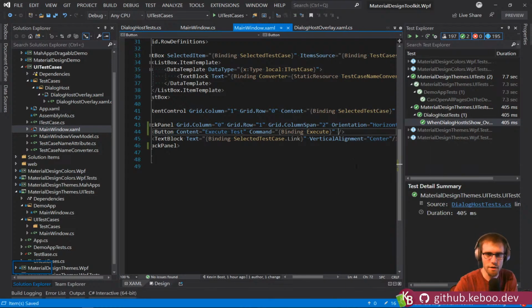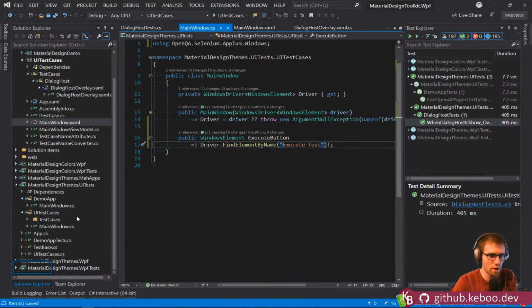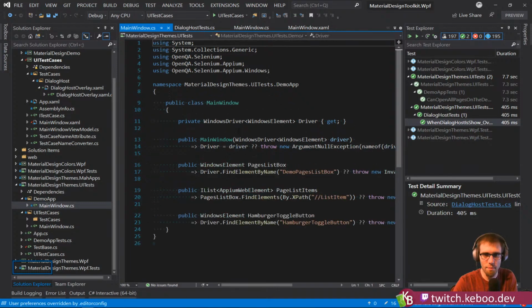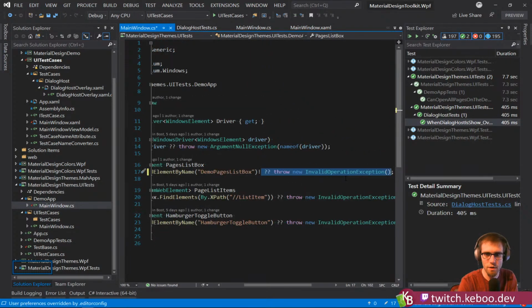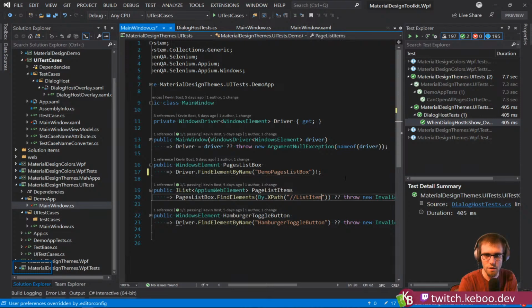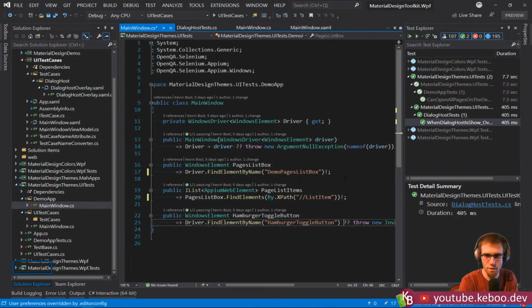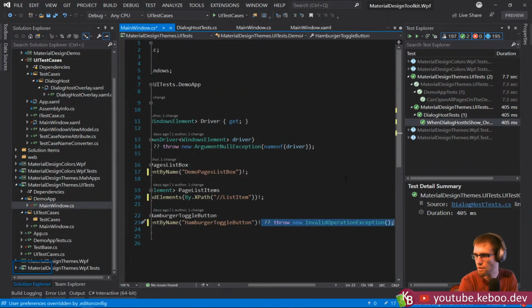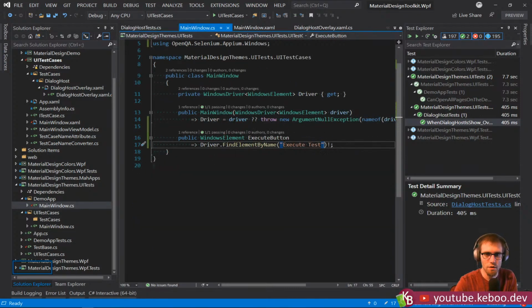I'm going to ask one of our SDETs tomorrow and see if somebody wants to educate me on why that doesn't work. And demo app, we can just do exclamation point on all of these, because these we know will not be null because it throws if it is. Okay, so a little cleanup there. So this gets us the execute button. Let's take a look